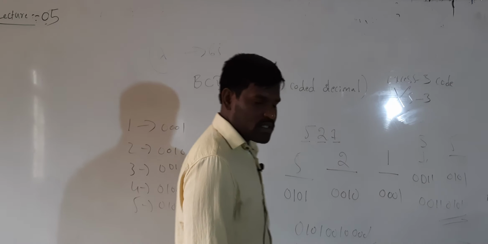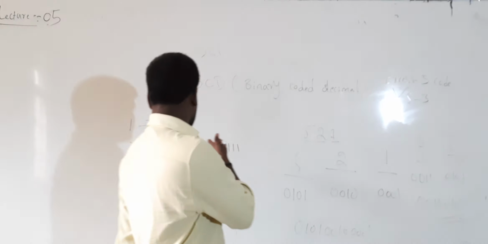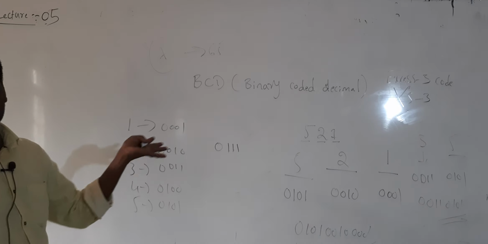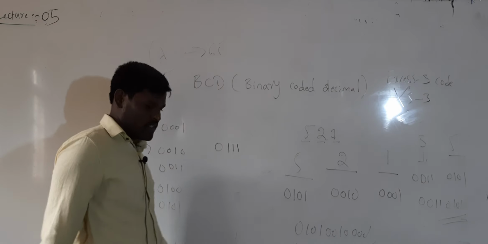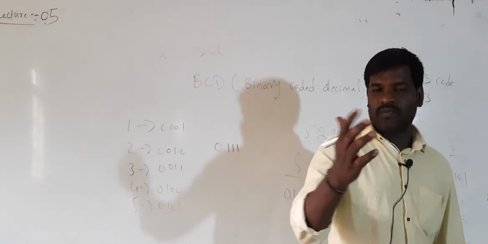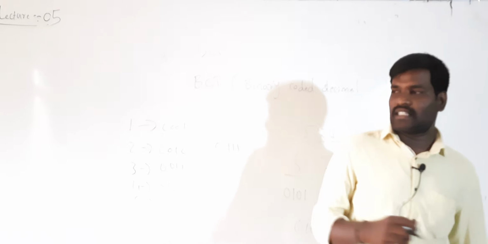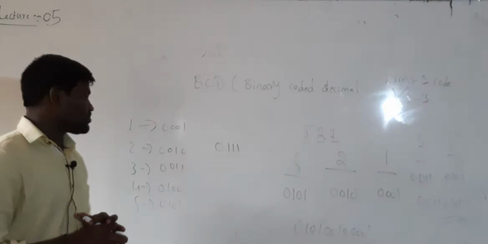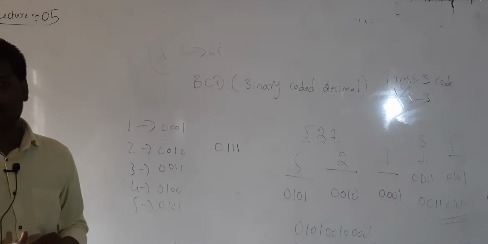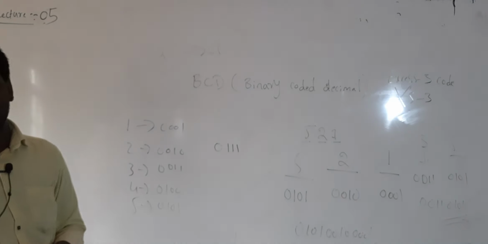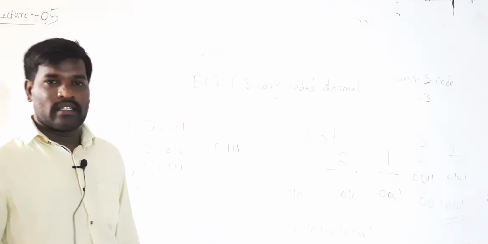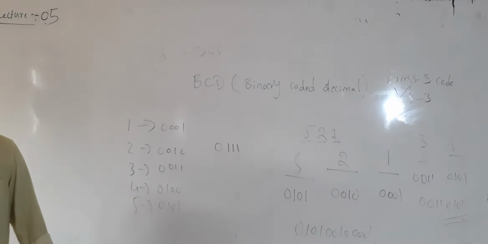Means whatever the data or question is, first just add 3 to the given value. Okay. So actually there are 4 types. If you consider XS3 as one of the computer codes, there are 4 types: first BCD, second ASCII, another EBCDIC, and the last one XS3. Okay, so this is completely about the data representation chapter. In the remaining class we will discuss the next chapter. Okay, thank you.